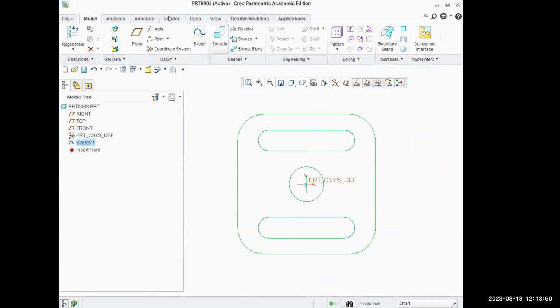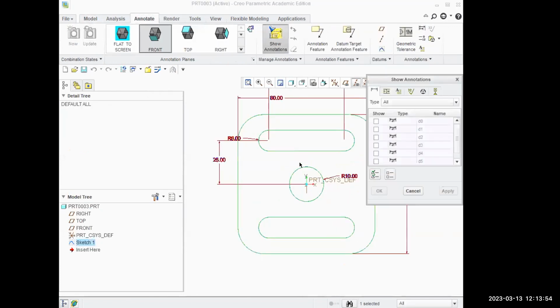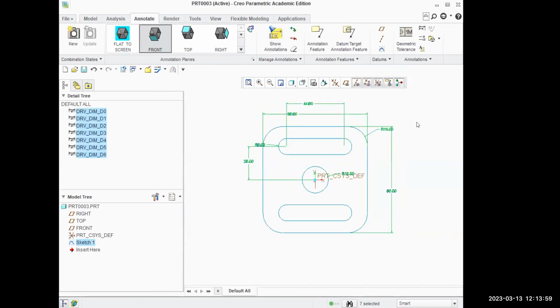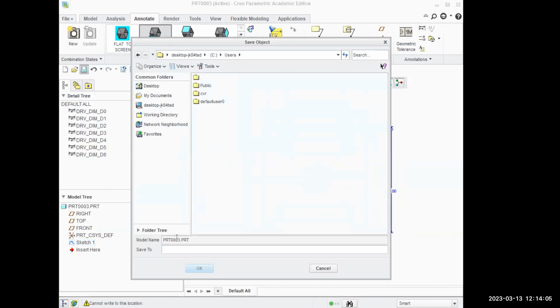Is that okay? So in order to show the dimensions, go to annotate and select this so that you can drop all the dimensions with a single click. Right? Later you can save your work. You can always navigate, but one thing here, it is not going to change the name. So you can navigate